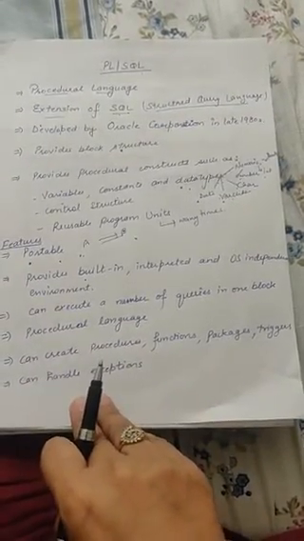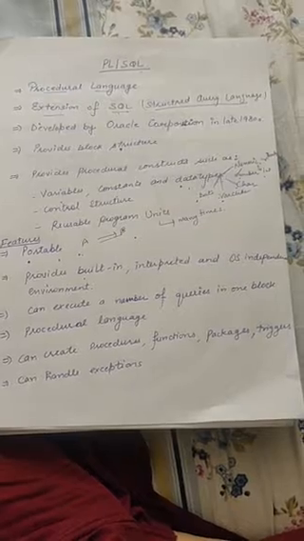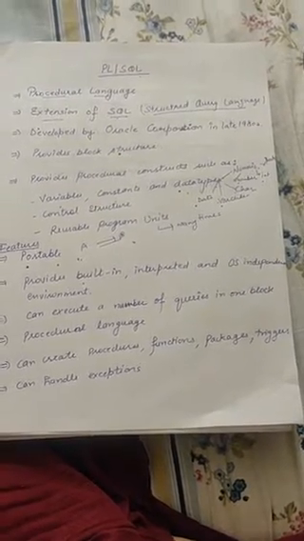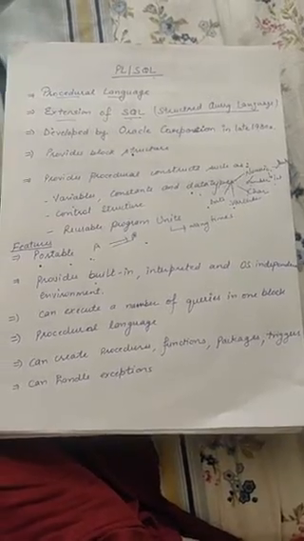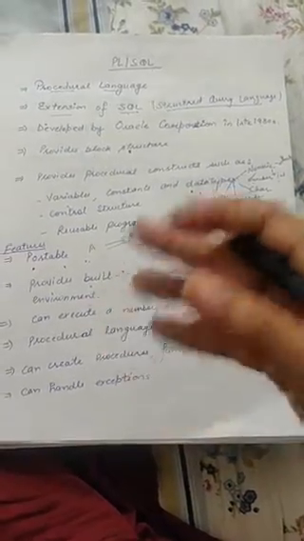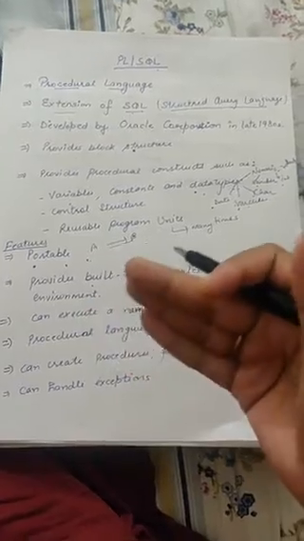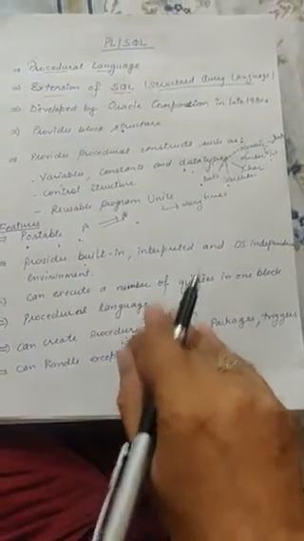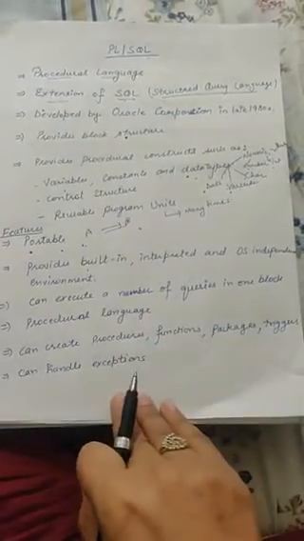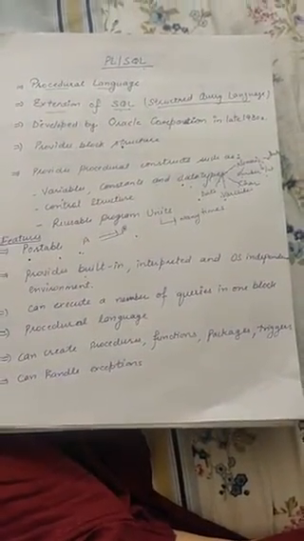It can handle exceptions. This means the errors which occur during execution, we can handle them, because in the SQL blocks, there is a step where we can add exceptions, meaning error handling functions. If your program doesn't do what you want it to do, what will happen to your code or your program, you can define that within the program or within the procedure. So this is called exception handling. We can say PL/SQL offers extensive error checking and